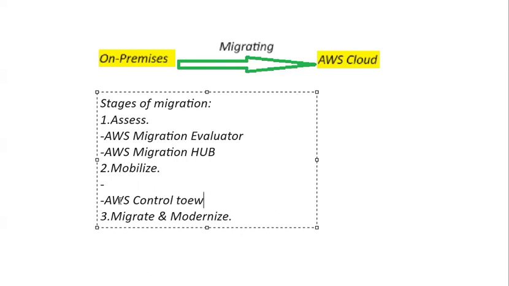Control Tower. By using this, you can create your organizational structure in order to create your infrastructure. In order to create your infrastructure, you need to know what underlying infrastructure services you need to create. Yes, right? You will get that by using AWS